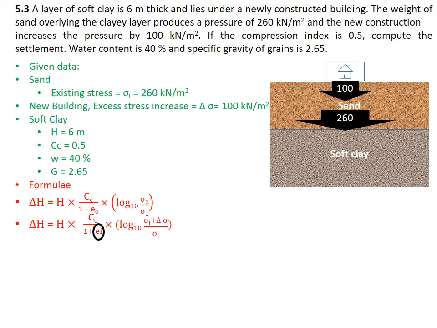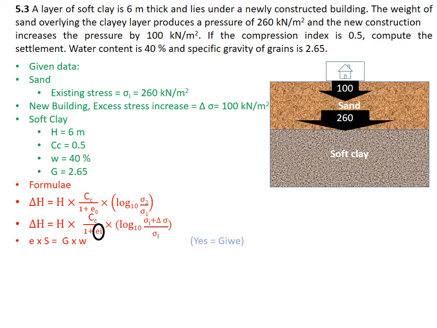Now to find E initial, you have to think of a formula, and to take help from the given data, a hint: water content is given and the specific gravity is given. So W, G and S are given. So a formula should click into your mind, which is a relationship between E, S, W and G. So ES equals to GW. A funny tip to remember this is ES equals to give, so ES equals to GW.